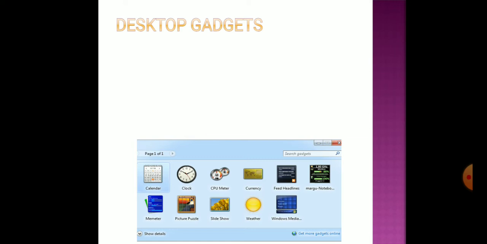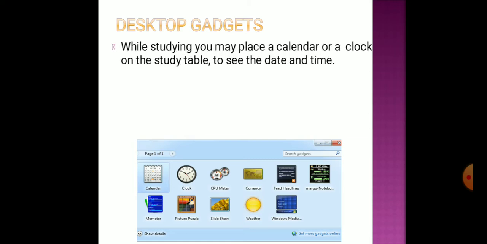So what is meant by gadgets? When you are studying, you use a calendar and clock to check the date and time on the study table, isn't it? So we use a calendar and clock to check the date and time.